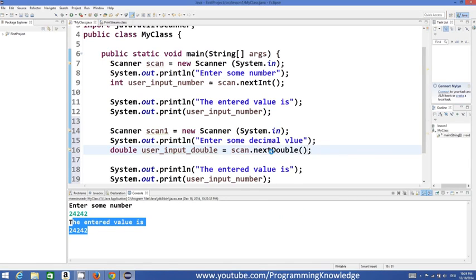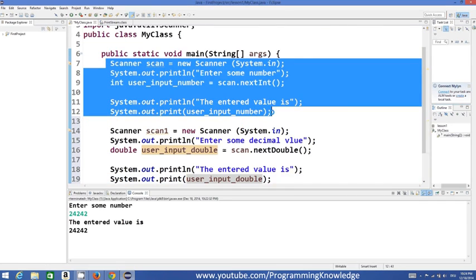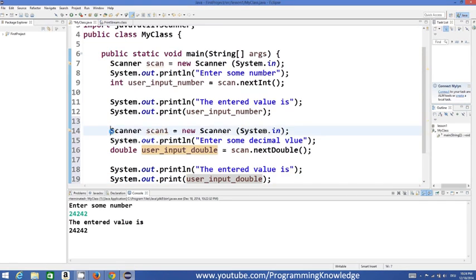Whatever you are expecting from here, you need to ensure that after next, this name comes here, right? So right now you are expecting the double value. What we are doing in this code is, first we ask for a number, then we ask for the double value, and this scan should be changed to scan1. We will compile the program,